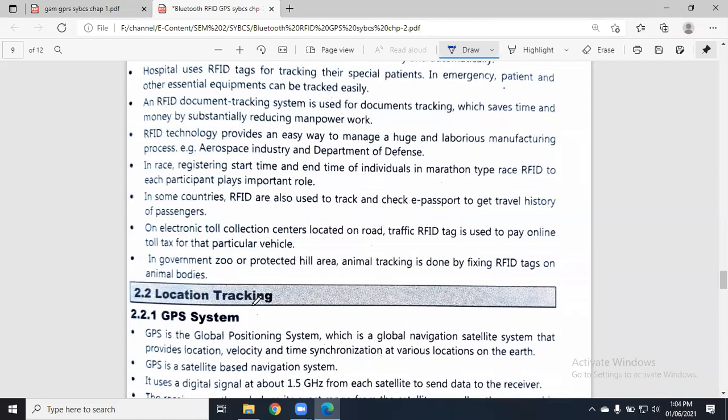So till now we have seen three different short range wireless technologies. One is Bluetooth, the second is Zigbee, and the third is RFID. In the next lecture, we will discuss the GPS tracking system, and we'll see the remaining part of Zigbee, that is Z-Wave. Right now only 4 minutes are left, so we cannot start the next point, as it is not going to get completed. Here I'm going to end the lecture.